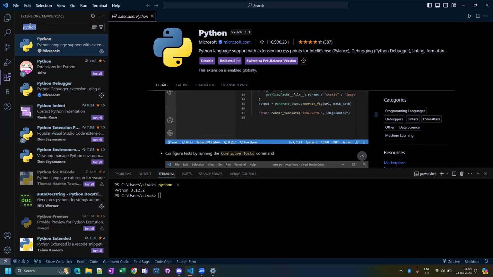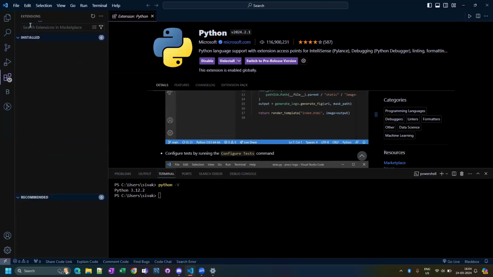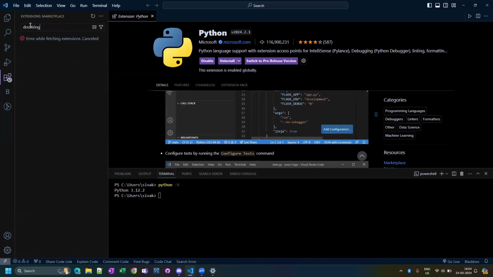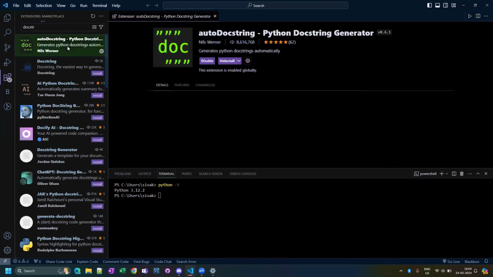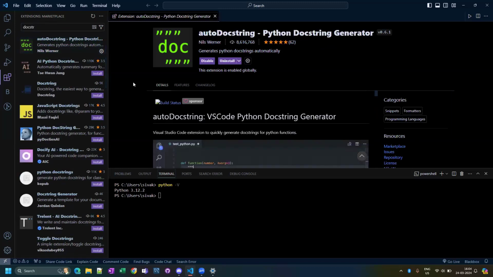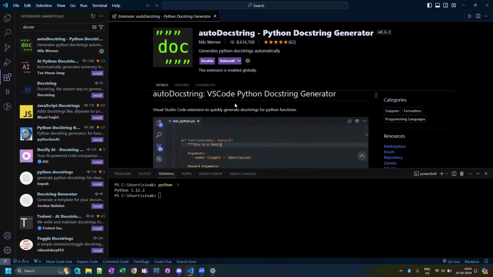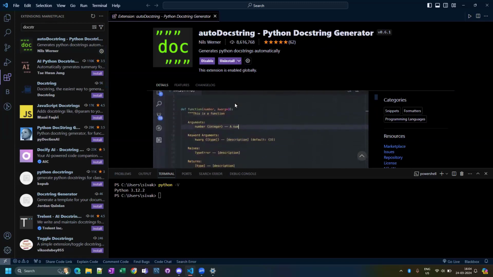And the next thing is you should install the docstring extension. Okay, so this is the one. This will help you when you are working in a real-time project environment, to document your methods. For example, if you see here, the function which is defined here at line number 4, you are giving what arguments it is expecting, what the keyword arguments are, and what the return type will be. All those